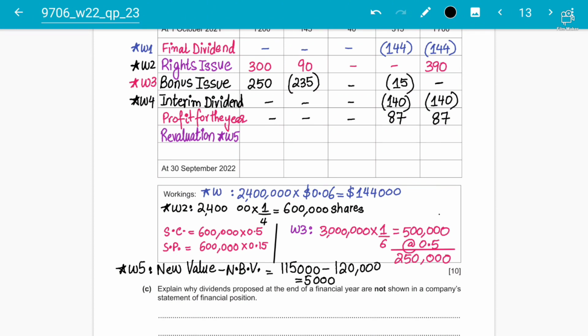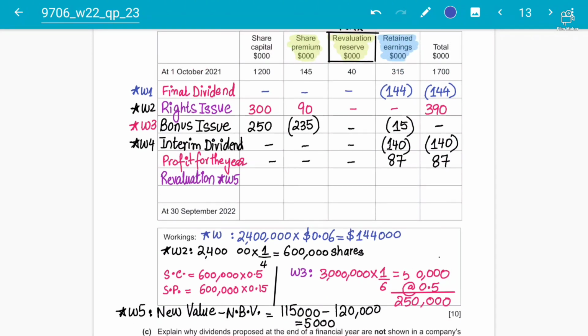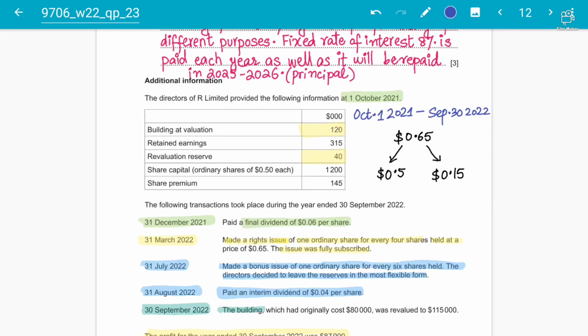Okay, so the value of the asset, the buildings, is going down, so you're going to write that: it will be a 5,000 reduction in the asset value, and you will get full marks, 10 marks, for this question if you have done it correctly. That is very important, students. Hope everyone got it. I'll repeat it again if anyone is having a problem understanding.